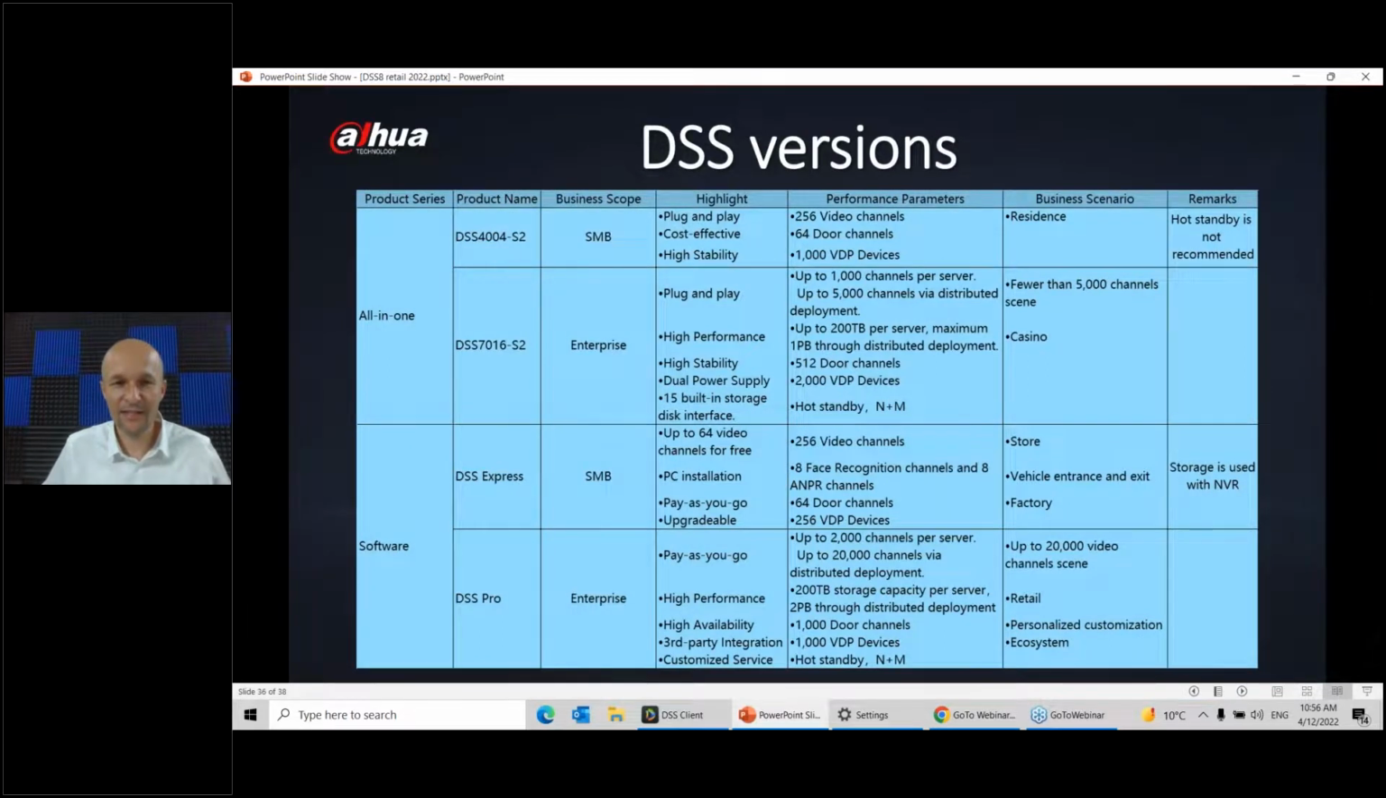While talking about the DSS and their versions, we have two kinds of DSS. One is in all-in-one devices, it's a Linux device, and one is the software. While talking about the Linux devices, we have 404 and 7016, right? If someone is asking me what the 404 is good for,